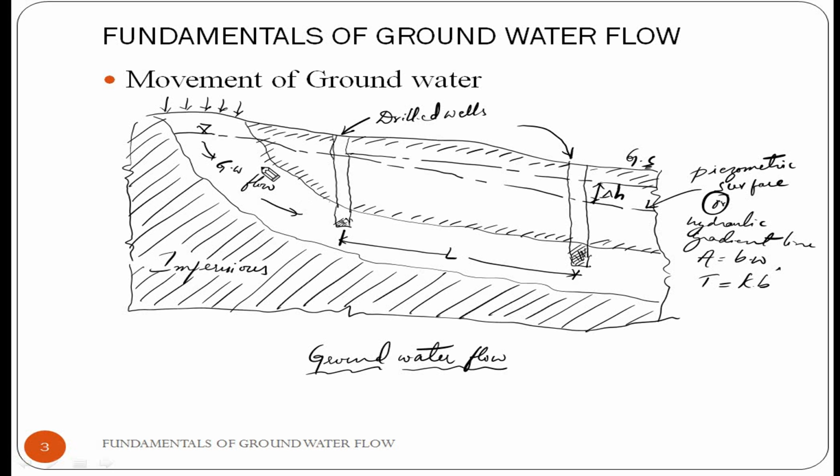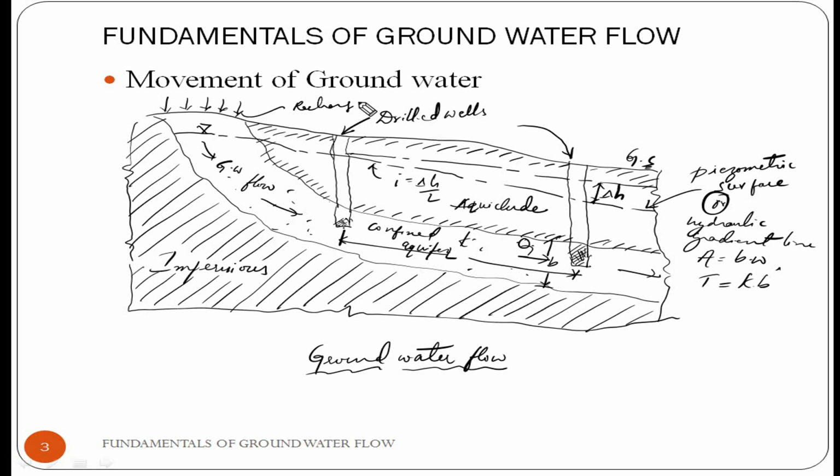So here the groundwater flow you can see is a confined aquifer having a coefficient of permeability as K and discharge as Q, and the thickness of the aquifer is B. The difference in head is delta H. The hydraulic gradient can be written as i is equal to delta H by L. So here this point is the recharge area, that is through rainwater. Here we have impervious layer.